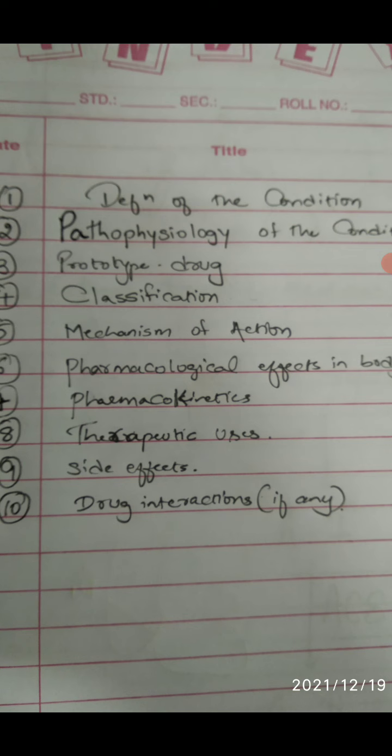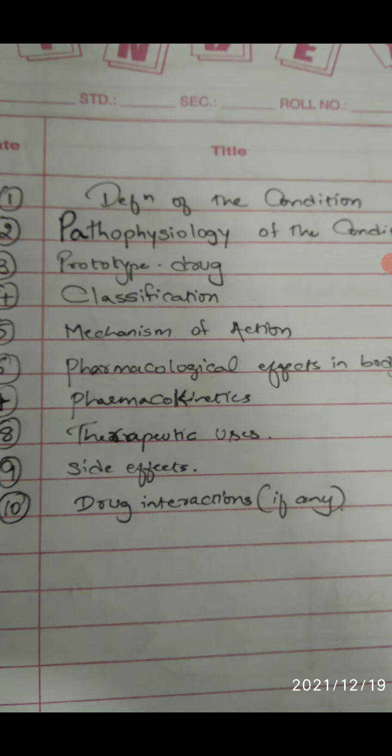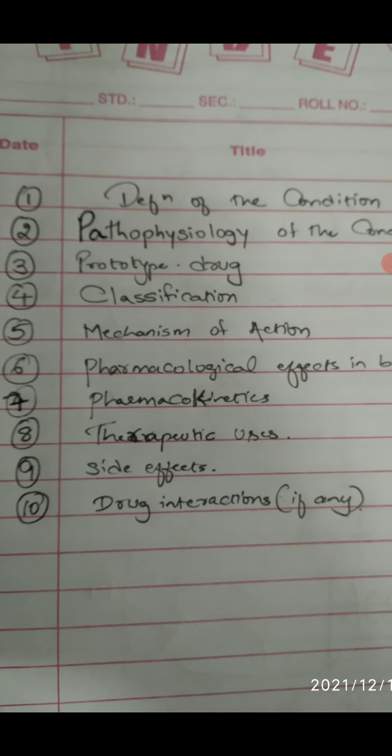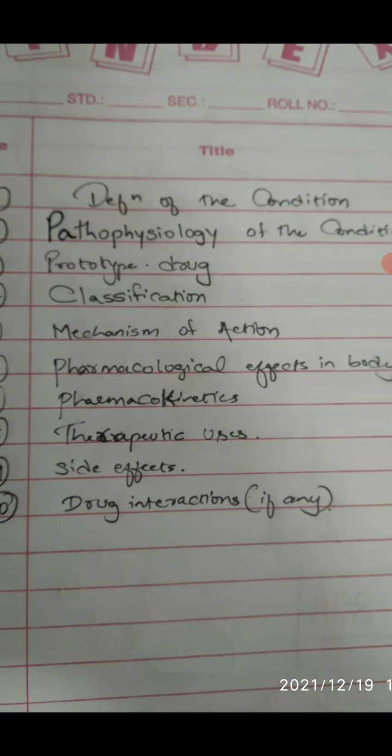What are the therapeutic uses? I just now told you it is used in epilepsy, generalized tonic-clonic seizure, ethosuximide used in absence seizure. Then it can be simple partial, complex partial, myoclonic. All these seizures, these drugs are used. Side effects of these drugs are, because it decreases the conductance of the neuronal transmission, decreases the generation of action potential. So the main side effect is drowsiness or sedation, which has been caused by these drugs. So the person will not be alert enough. So any person who is taking anti-epileptics should not work in high raised areas. There's a chance that they will be drowsy and they may fall. So that is the side effect. High risk areas, they should not work.